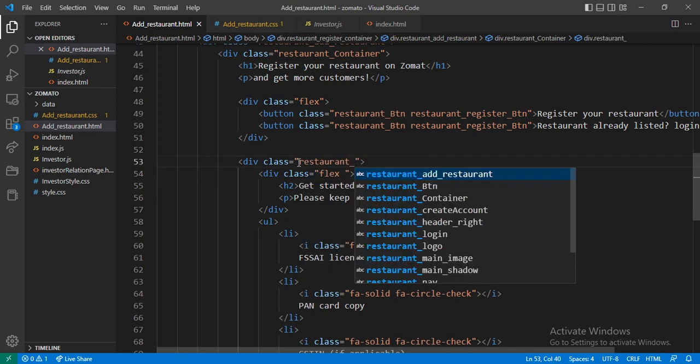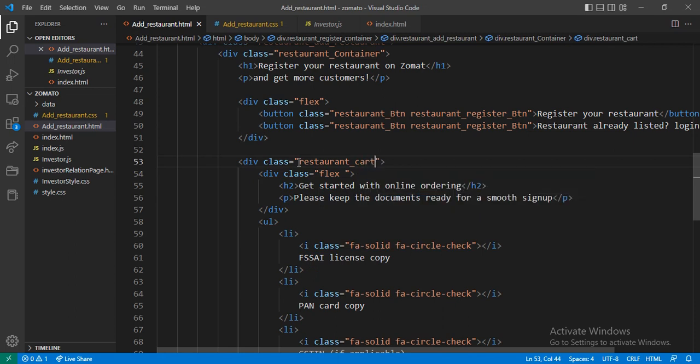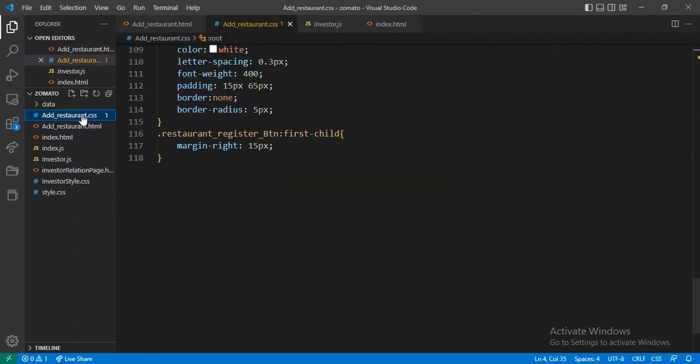After that card restaurant get start. Okay, get start. Just copy this, and this will be the get start. This will be text, or we can give the heading, and just copy this, or we can copy this one first of all, and come here. Here I want to comment,